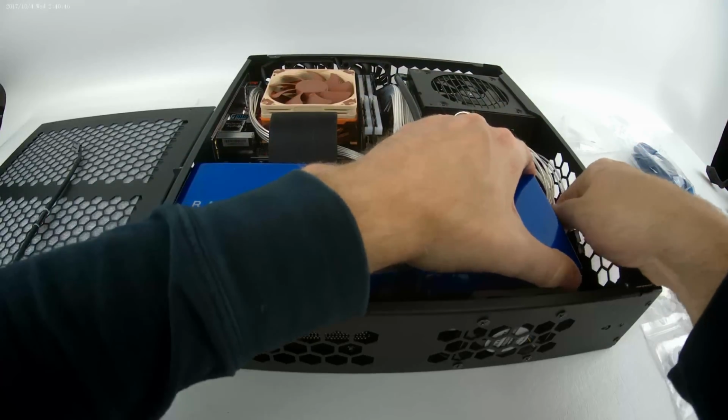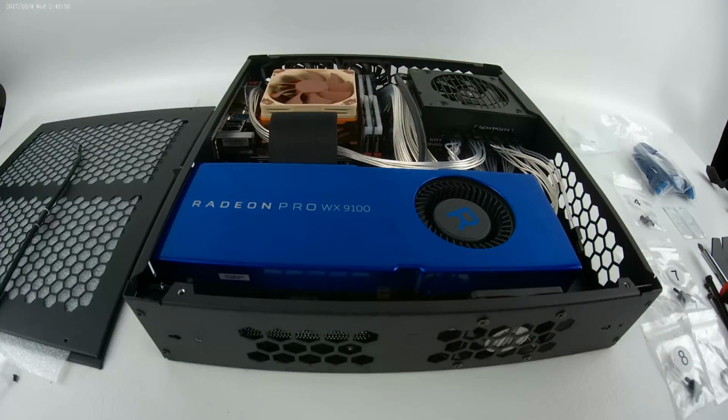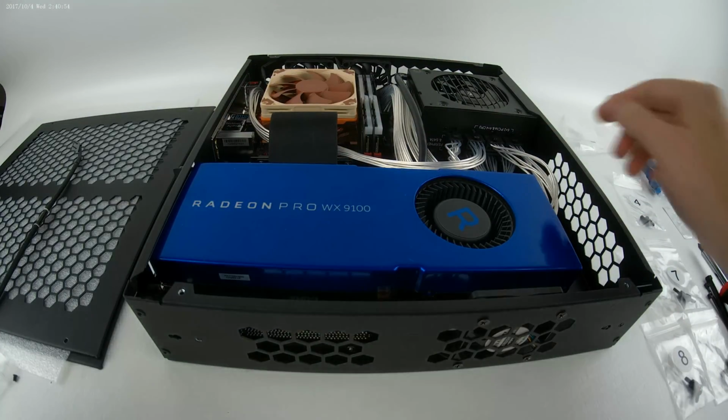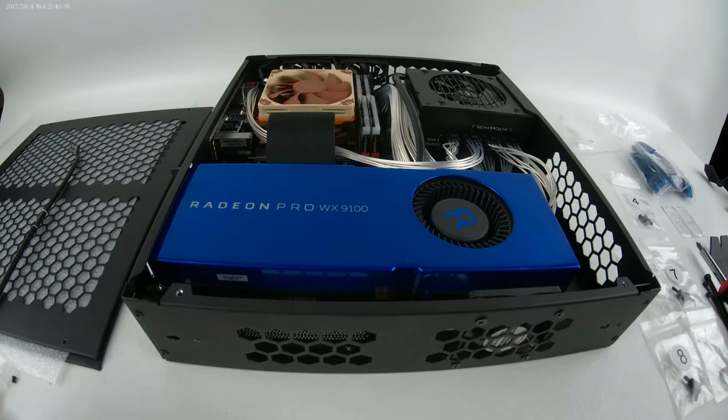That is tight. But it works. Wow, that is very tight. I may have to move that. But the GPU is in. So with all the cables installed, and once you clean them up, the only thing left